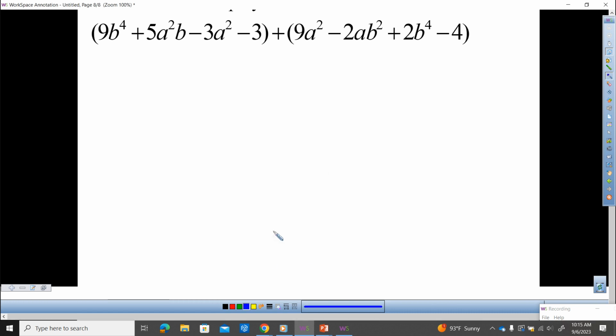All right, so let's see. I'm going to get you started. What is the first thing we check for? Any subtraction? Do we have any? No, it's what? Addition. Are there any numbers in between the parentheses? No, so nothing to distribute. So at this point, we can just start with combining like terms. So get us started, please. Dominic, go. Nine b to the 4th and 2b to the 4th, and that gives us,